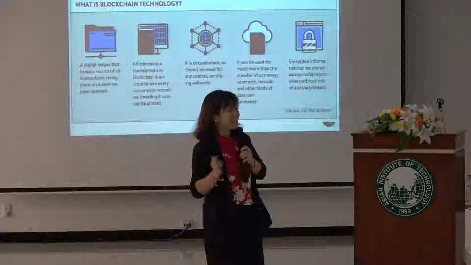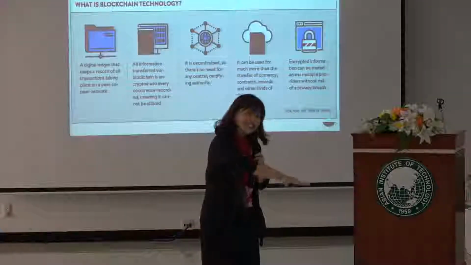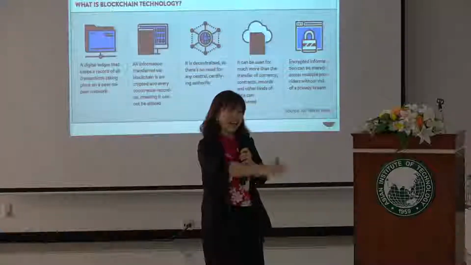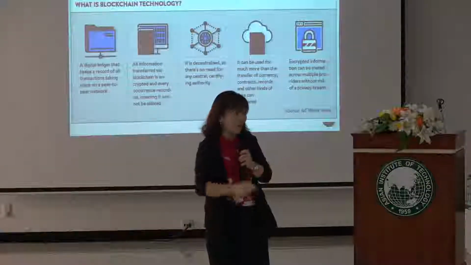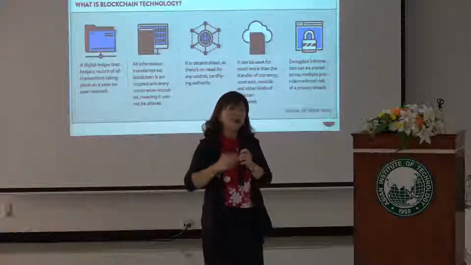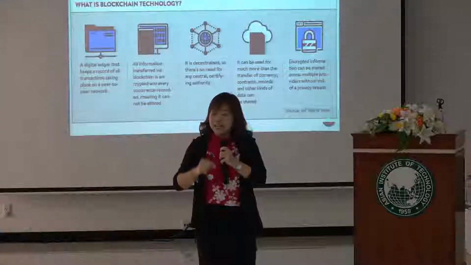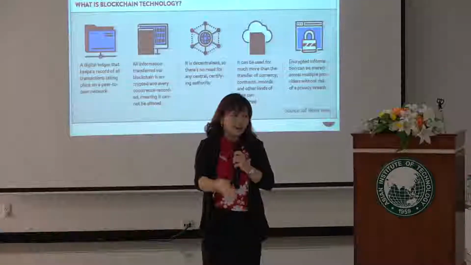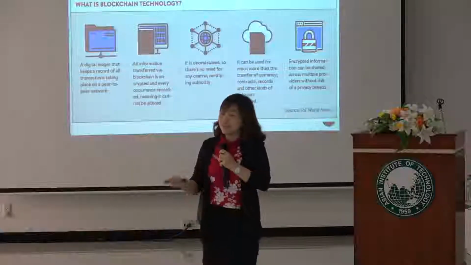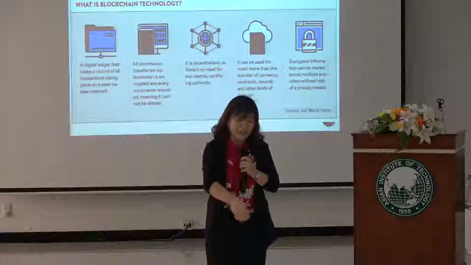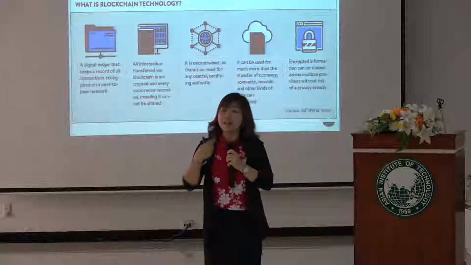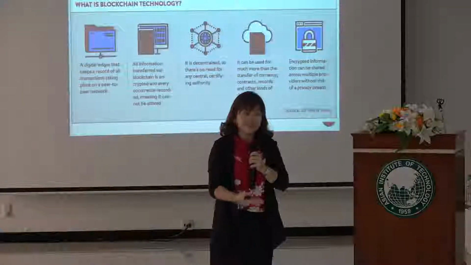But when everyone takes the same copy, you cannot bribe everyone or do something wrong with that record and ask everyone to change the record, right? So that is one mechanism that is used. And there is no need to rely on a central person or third party like the bank to record everything. When something goes wrong, we go and consult the bank and say, can you prove that X really transferred to Y? And then that means I need to rely on the bank, okay?